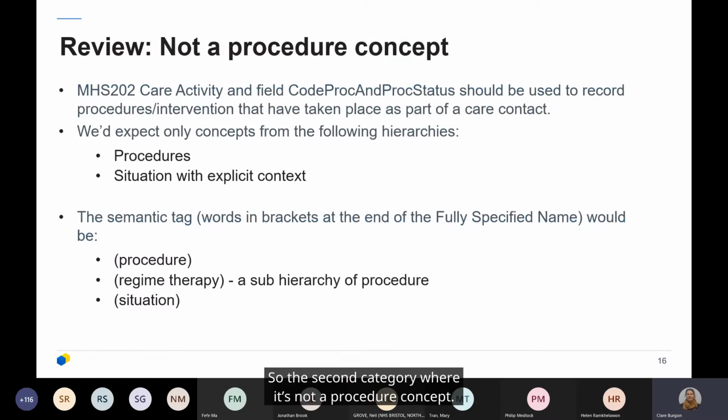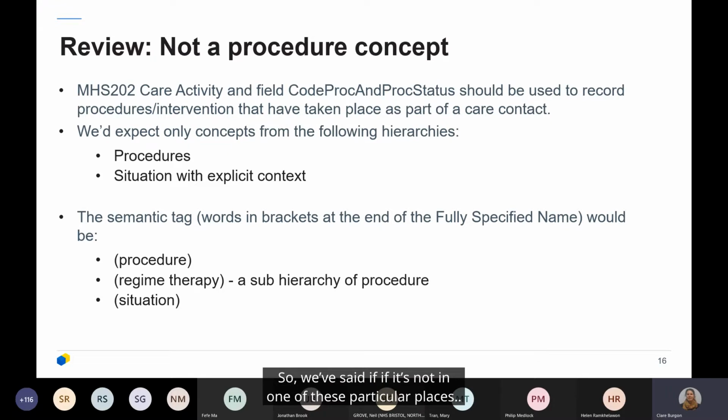So the second category, where it's not a procedure concept, we've looked at something called the fully specified name, where it's got these brackets on the end and tells you where in SNOMED you are. If it's a procedure, we would expect you to be in the procedures hierarchy, or in the situation with explicit context hierarchy, where you might have pre-coordinated concepts that explicitly say a procedure has been declined, or maybe a procedure of talking to a patient's carer, so that person is not that directly involved.